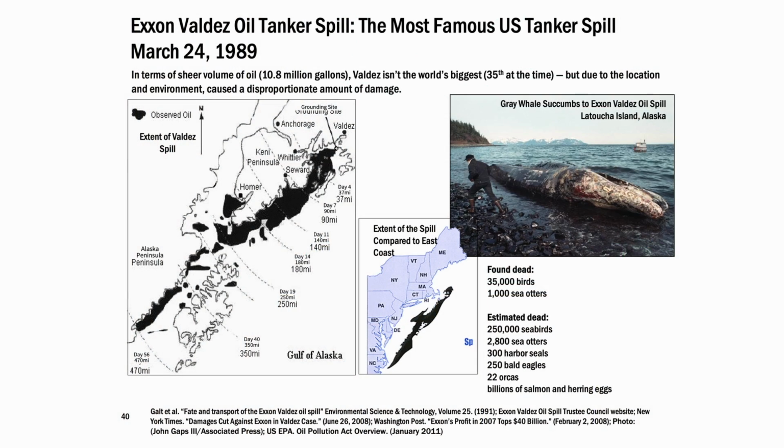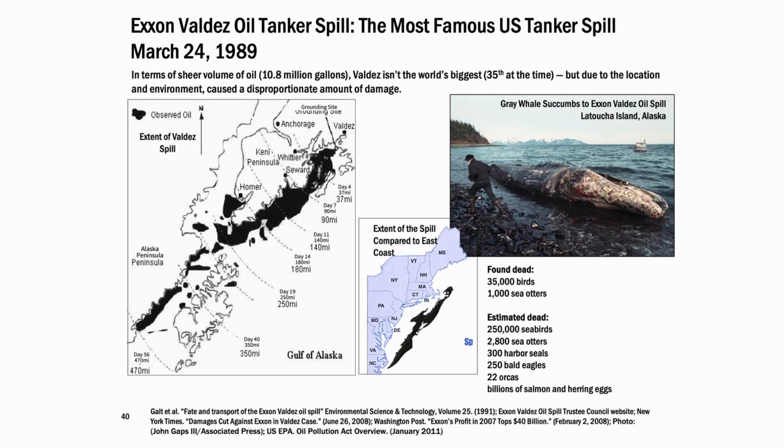All right, so a very significant event for our oil tankers was in 1989, the Exxon Valdez oil tanker spill. Not the biggest oil spill out of a tanker, but one of the most impactful because it was such an environmentally sensitive area and an area that was very hard to clean up. And so obviously there was a lot of news coverage on this oil spill and the impact on the environment.